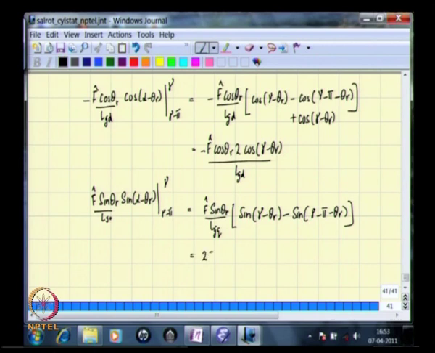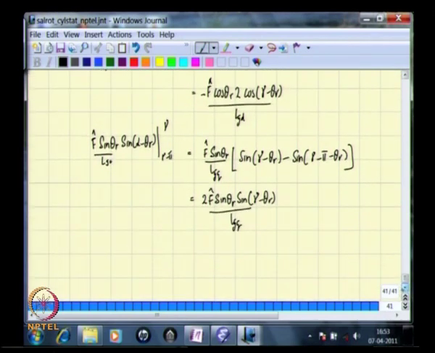So, this gives us 2 times f hat sin theta r sin of gamma minus theta r divided by LGQ, and therefore the total expression then is delta psi s